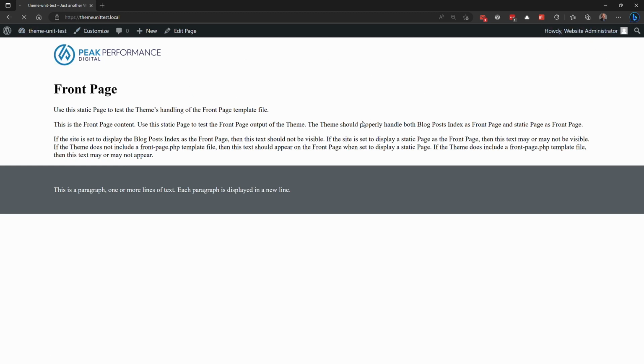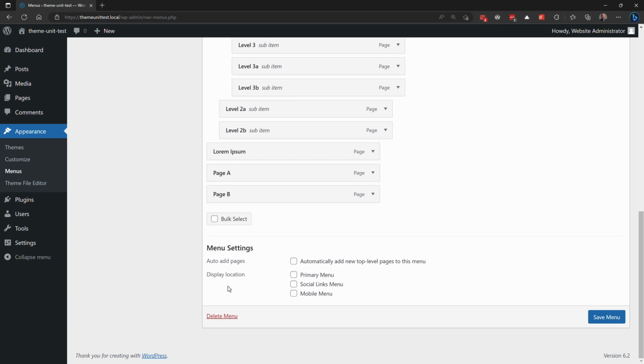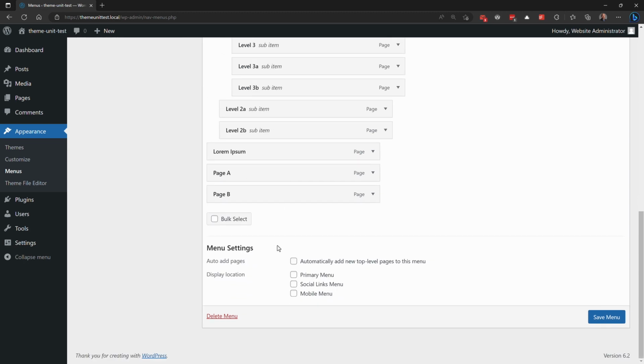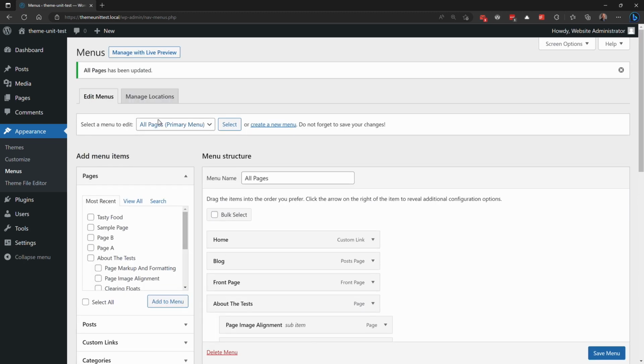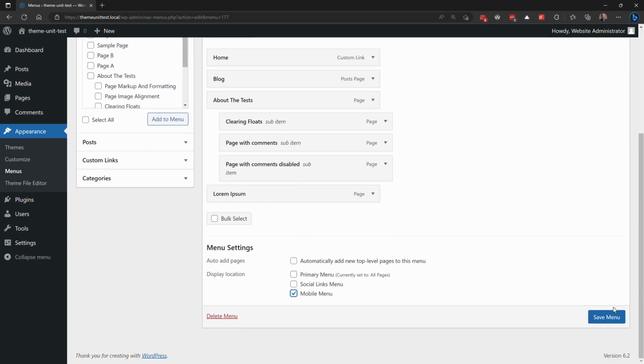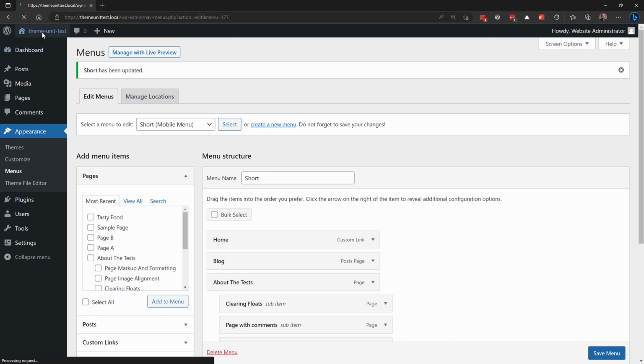But when we go to menus, you'll see under display location, we've got the primary menu that we already talked about. And now we have the mobile menu that we registered before. So I'm going to take this all pages menu and assign it to primary and save. And then I'm going to take our short menu and assign it to mobile menu and save. And now with a little bit of luck,